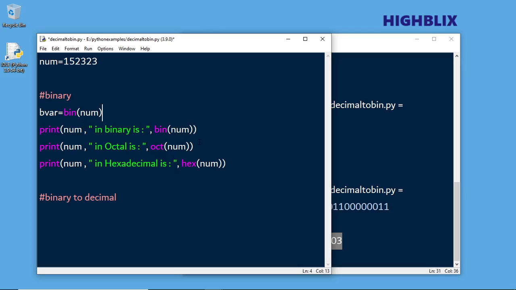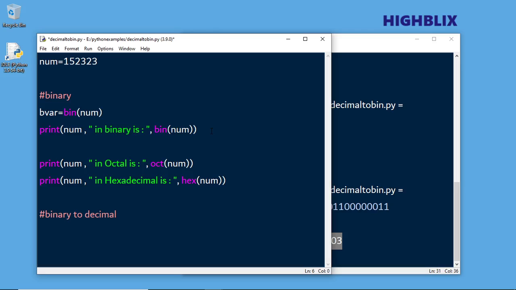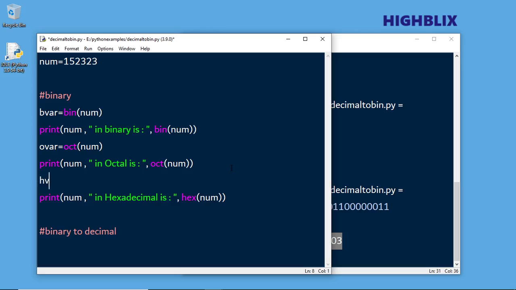We'll pass the values to b var, o var, and then h var. Now the values are in the corresponding variables. So now when you say binary to decimal,